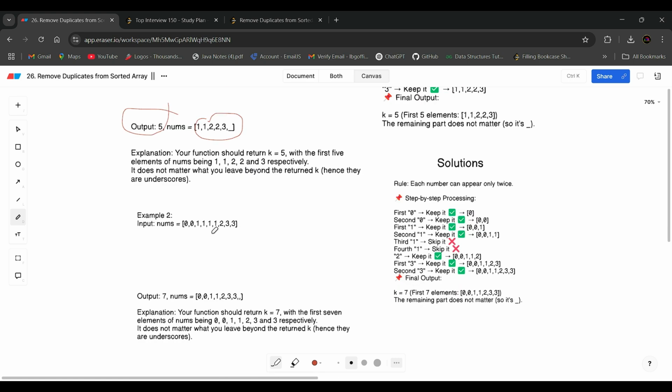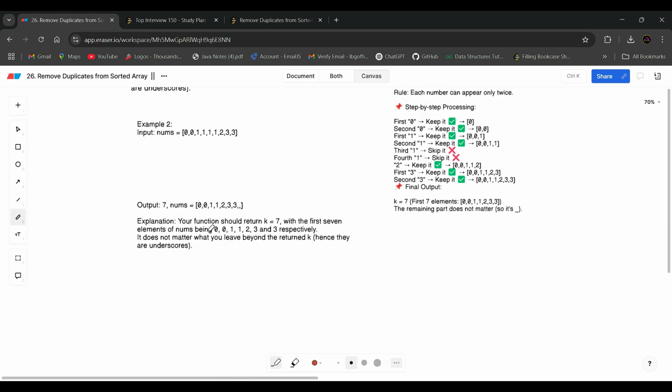Now let's see example 2. In example 2, it gives 0, 0, 1, 1, 1, 1, 2, 3, 3.